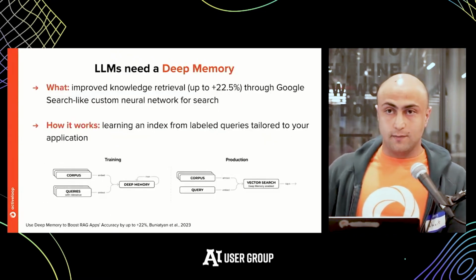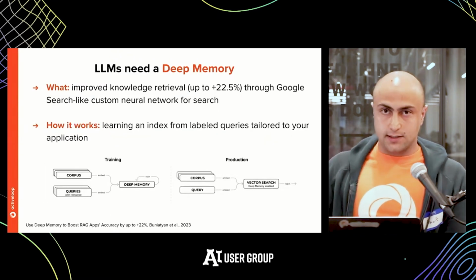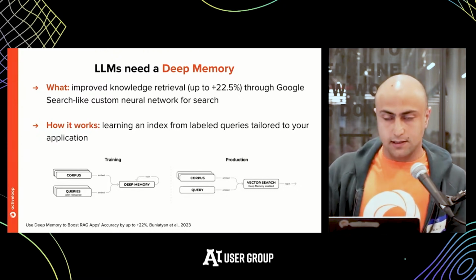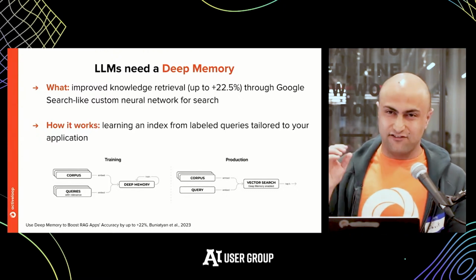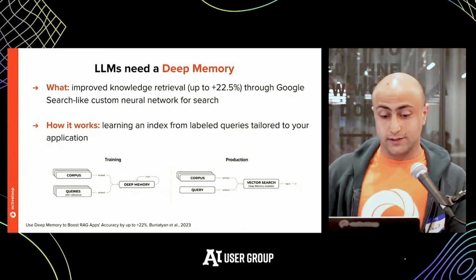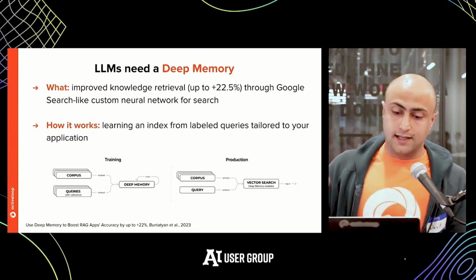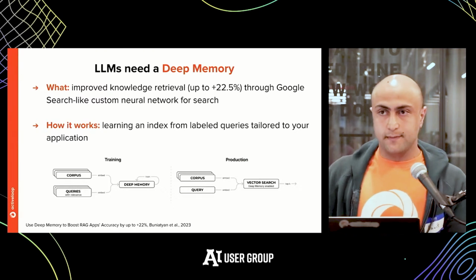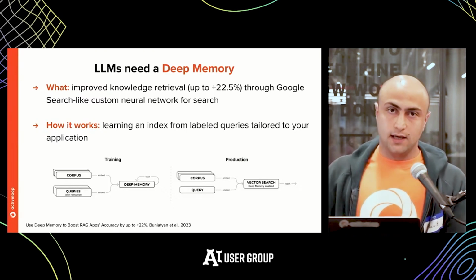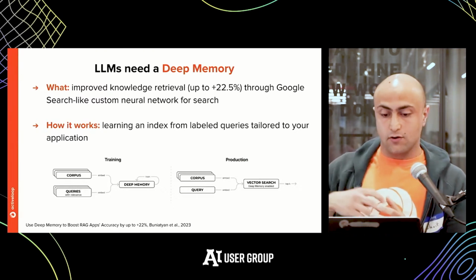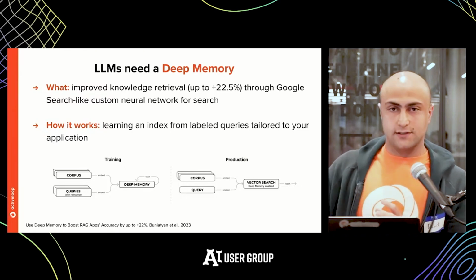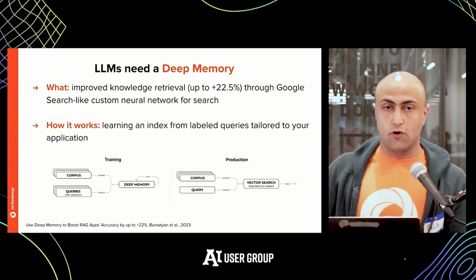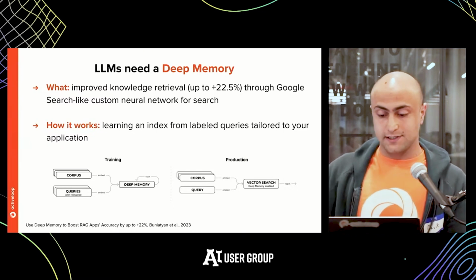So there's one key piece that differentiates Deep Lake compared to other vector databases: the deep memory layer. Think of this as a very thin neural network, I wouldn't even call it a neural network, that sits between the vector search inputs and outputs. What it does differently is that it can train, or basically try to transform, the embedding space such that your vector search is more relevant and tailored to your specific data.